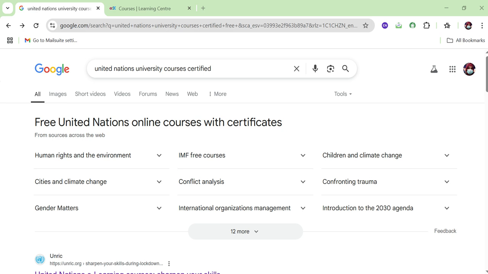So it is beneficial for new learners or students to take these courses if they want to improve or sharpen their skills. It is also very useful if you add these certificates or course completions in your resume, then it will boost your CV